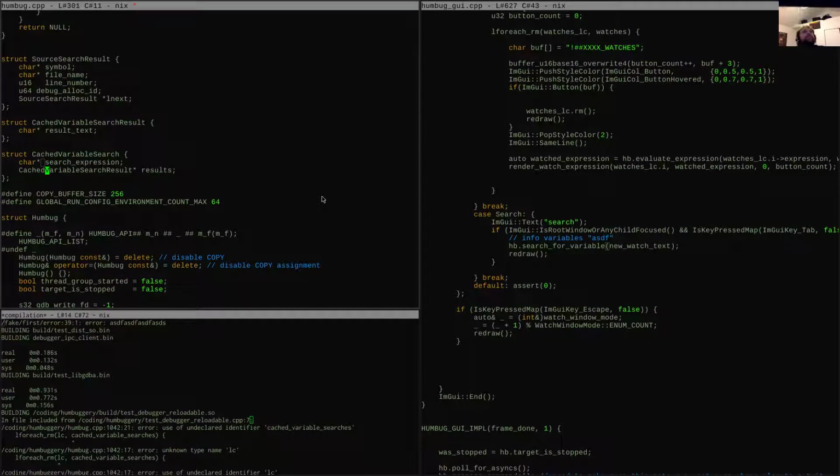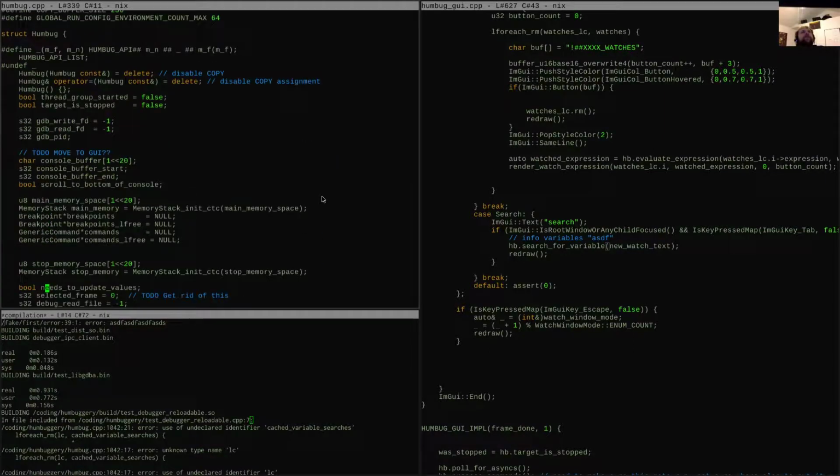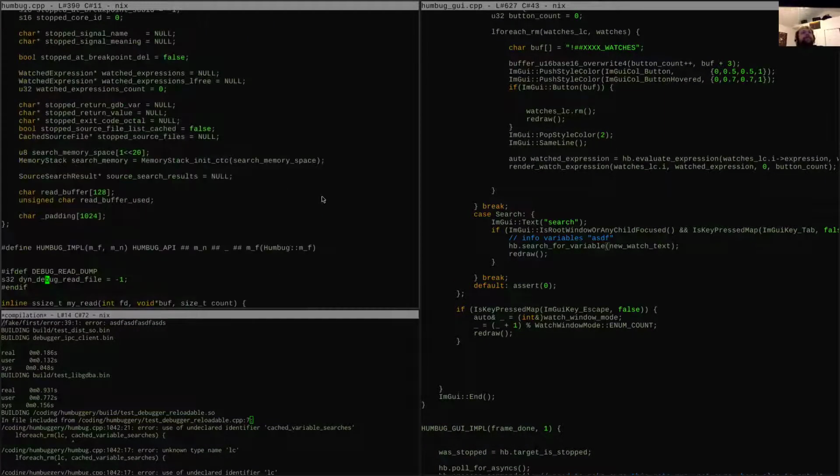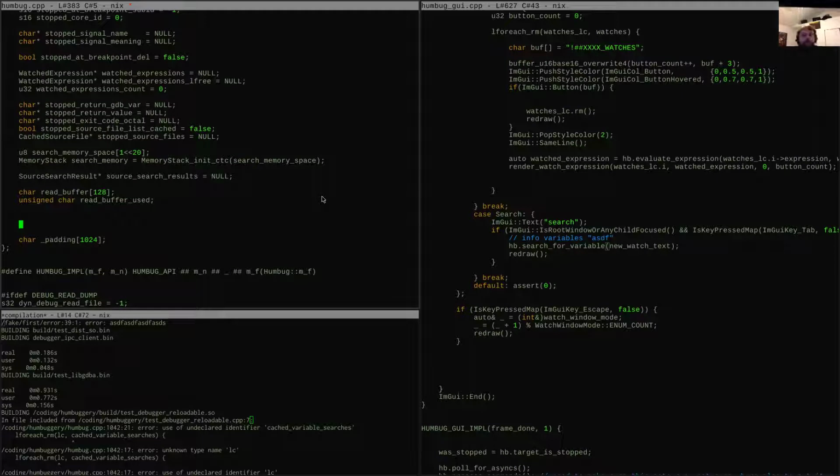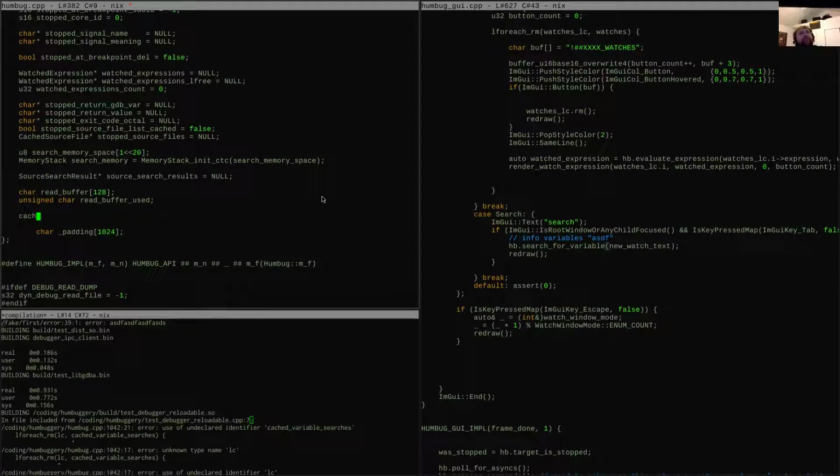Nope. Okay, so the debug context here needs, we need to define some things. So we're going to do cached. Okay, so variable search star cached variable searches equals null.